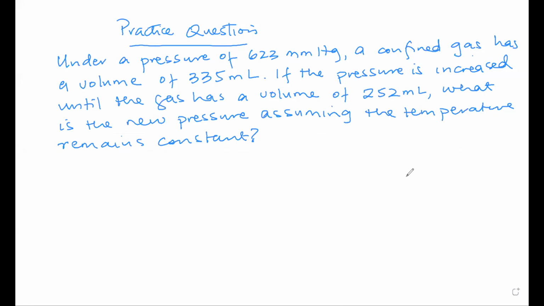Hopefully you did it. So the question again, under a pressure of 623 millimeter mercury. So under the pressure, the initial pressure is 623 millimeter mercury. A confined gas has a volume of 335. So initial volume is 335 milliliter. Then if the pressure is increased until the gas has a volume of that,